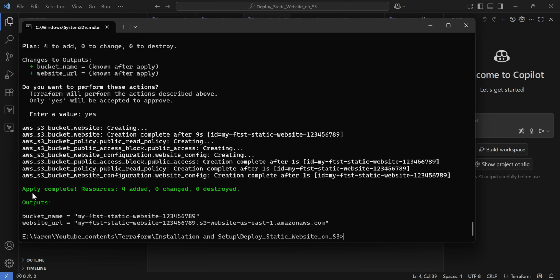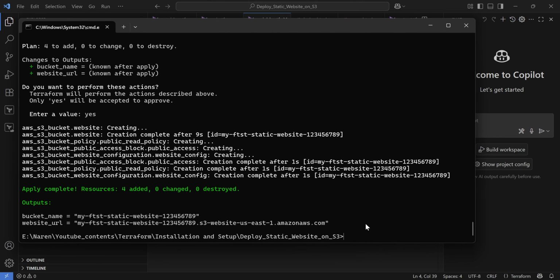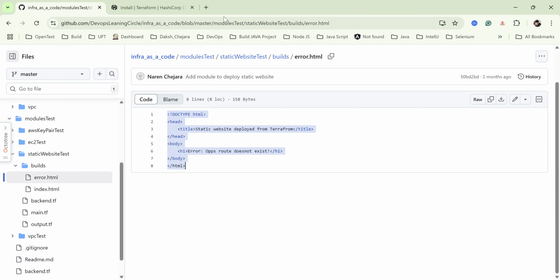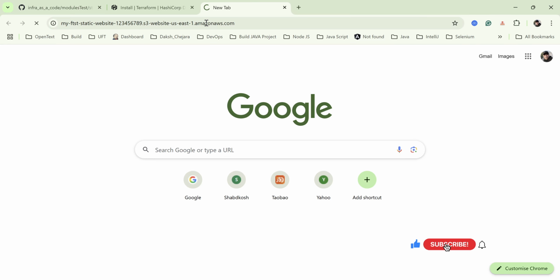At the end you can see apply completed, 4 resources have been added successfully. Now this is our bucket name, and this is our static website URL. If it is deployed successfully, you can copy this URL and open it in the browser, and make sure your HTML application is deployed successfully.